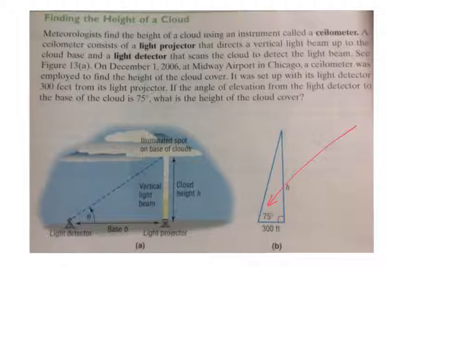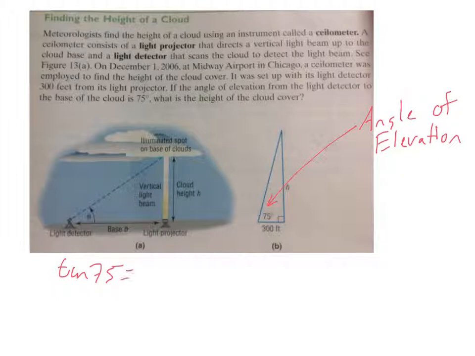75 degrees is the angle of elevation, right? And so we want to figure out, we know what the base is, we want to know the height, right? And we have the angle. So we're going to use the trig ratio that involves all 3 of these things. So tangent 75 equals opposite over adjacent, right? So we get tan 75 is equal to opposite over adjacent,